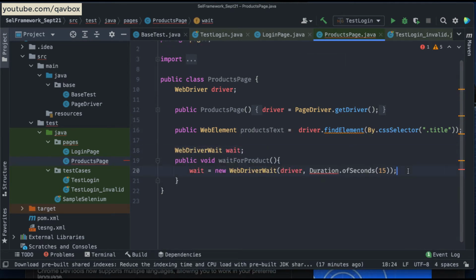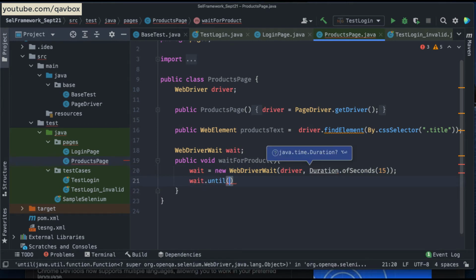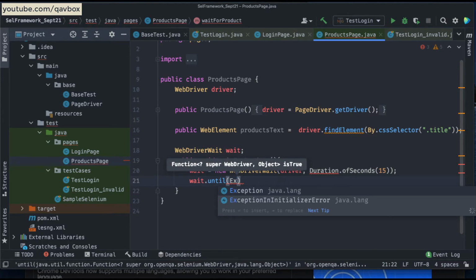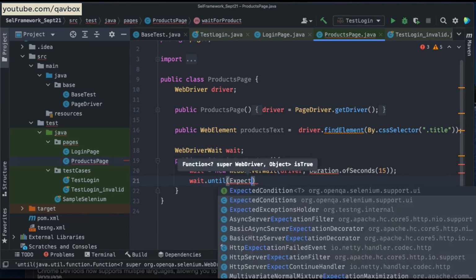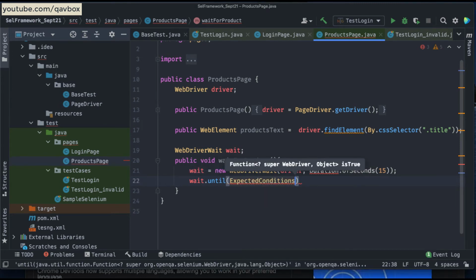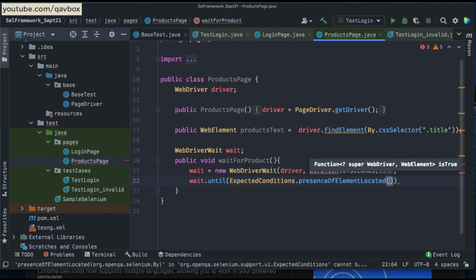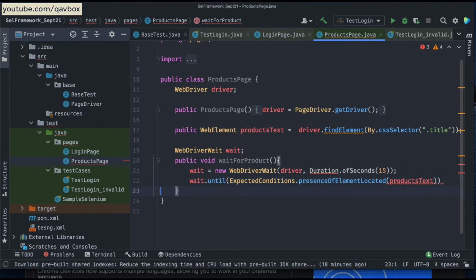Now what I'm going to do is wait dot until, and here I will say expected conditions dot presence of element located. Presence of element located of what? Actually this particular products text.